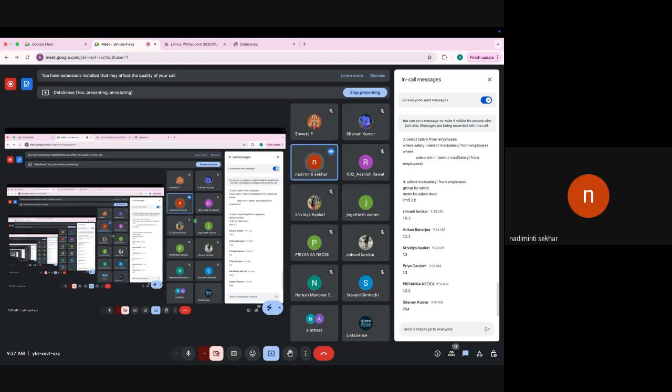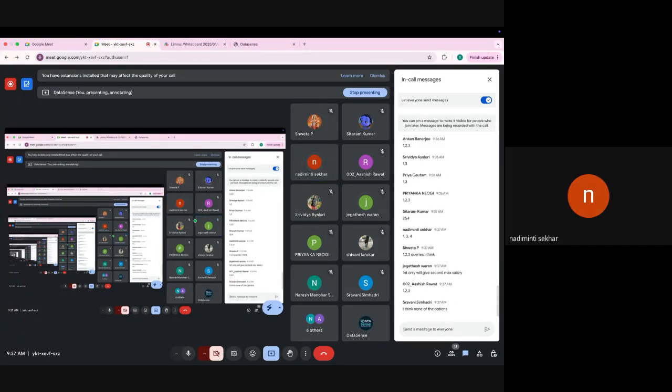So limit 2 comma 1 means it will skip the first two rows and give you the next one. It is basically an offset, a way of writing offset.